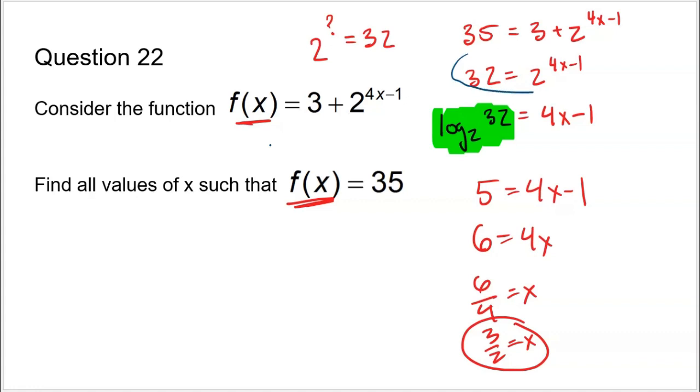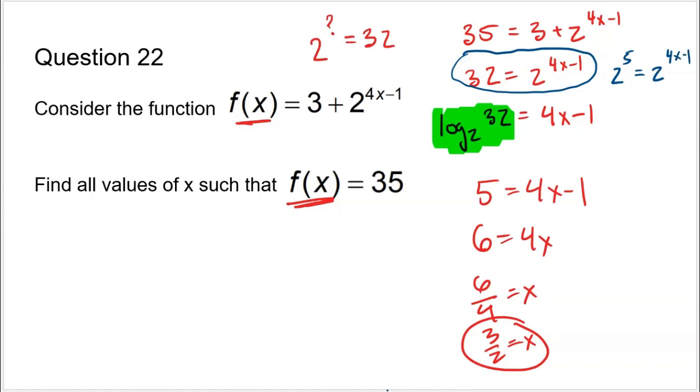Go all the way back to this step right here. If you could get each side of an equation to have the same base, then the exponents must be the same. That's a one-to-one property. So in this stage, instead of using logs, I could say, well, wait a minute, the right side has a base of 2. So how about I make the left side have a base of 2, and 32 is 2 to the 5th. So I just rewrote 32 as 2 to the 5th, and now both sides have the same